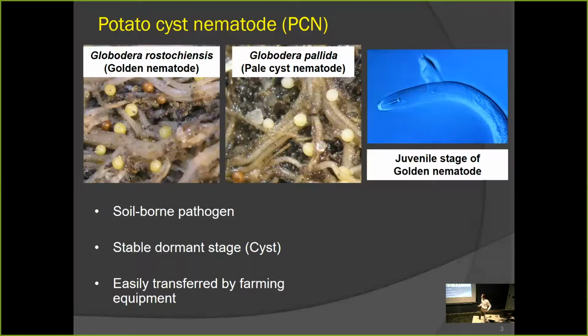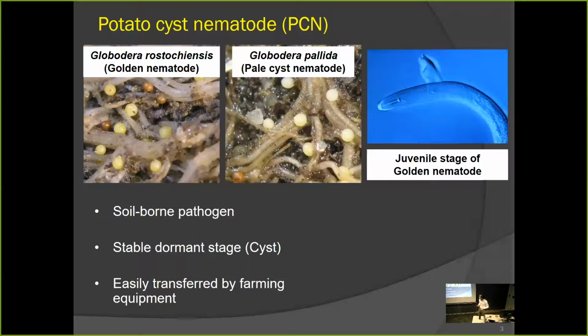pale cyst nematode. This pathogen is a soil-borne pathogen, and it has a really stable dormant stage, which is called the cyst. According to one report, the nematode could survive for over 30 years by maintaining this dormant stage. And also it can be easily transferred by farming equipment. So because of these features, once it's infested in a potato field, it is very hard to eradicate or control